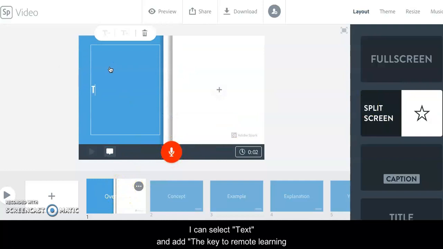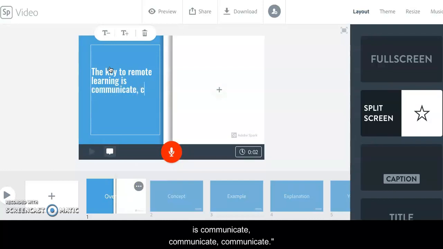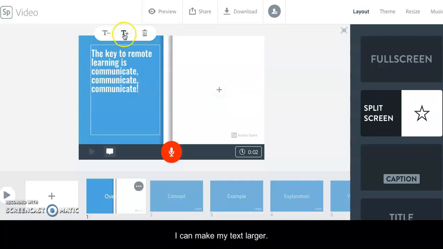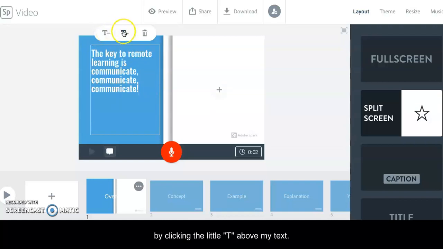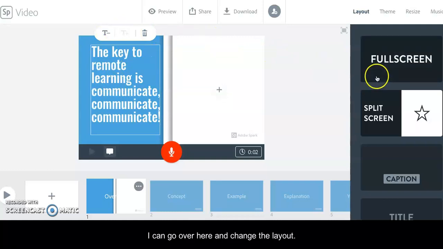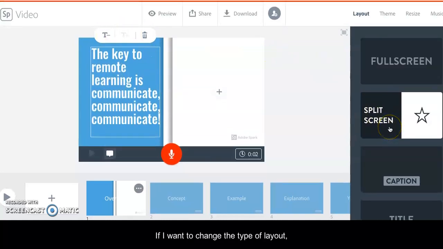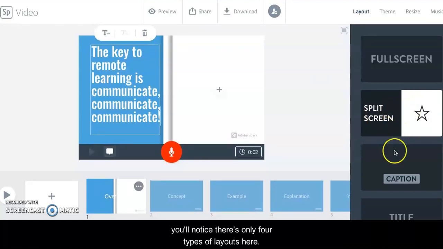I can select text. So the key to remote learning is communicate, communicate, communicate. Now I can make my text larger, or I can make it smaller by clicking the little T up above my text here. I can go over here and change the layout if I want to change the type of layout. You'll notice there's only 4 types of layouts here, and that is great for those of us that want just easy, quick solutions. But if you really want more creative license, this might not be the best tool for you. But I like it because it's quick and it's easy, and I don't have to think too hard to